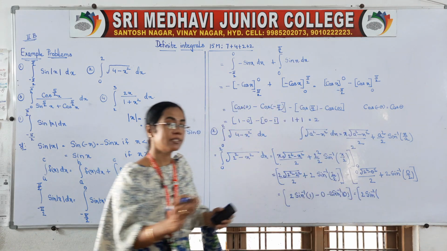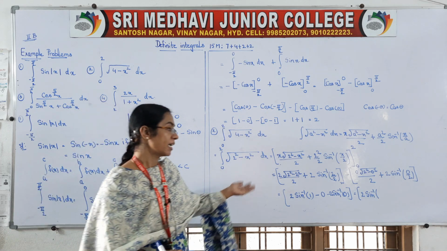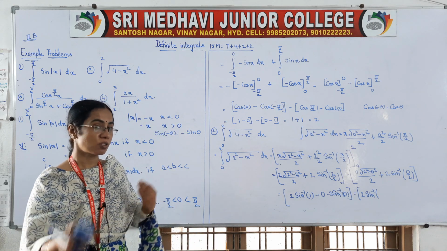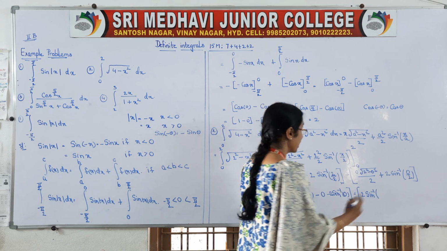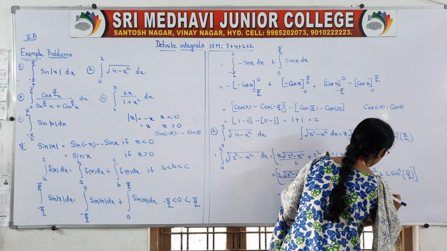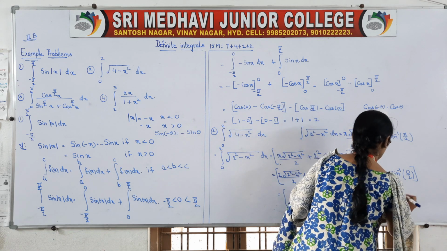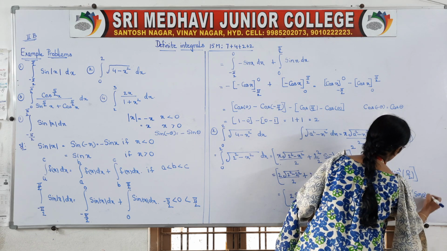I said whenever there is sine inverse, tan inverse or cos inverse outside, inside the bracket try to write the value in terms of sine only, so that sine inverse of sine will get cancelled. So 1 is there, so we can write this as sine 90. Sine 90 is 1, that is 90 means pi by 2, minus 2 sine inverse of sine 0, and sine 0 is 0.